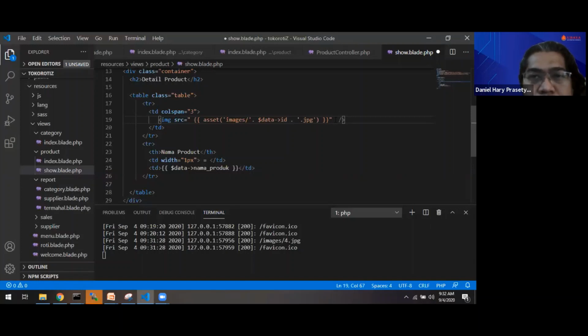The description is not shown in the list of products, but shown in detail. Okay, the table is maybe too white. We can set the width here, 400 pixels.